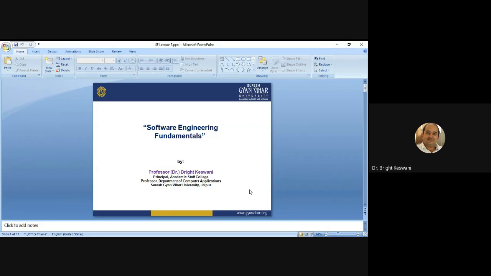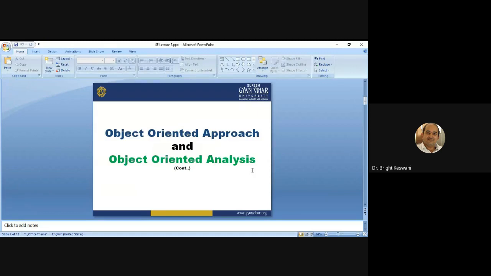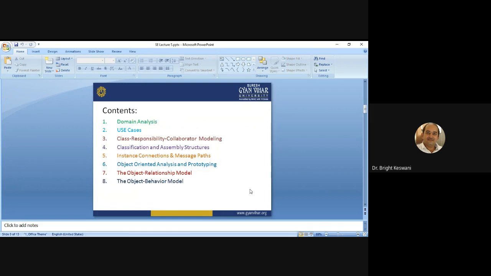This is the software engineering fundamentals class, and we will continue from the object-oriented approach and object-oriented analysis, which we have discussed. The remaining part we discussed earlier in our previous class.